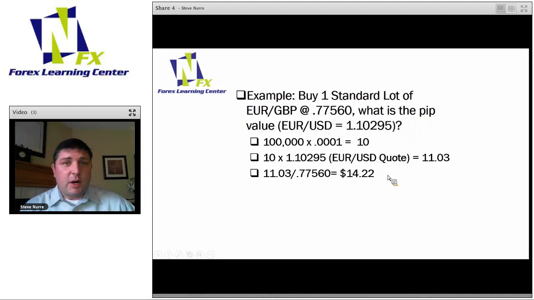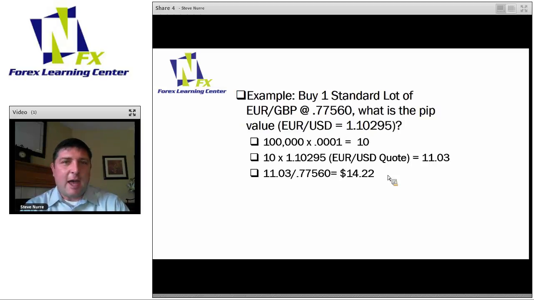There's a lot of people that trade the euro pound pair, and people that don't know how pip value works. Euro pound can often be a highly active pair to trade. There's a lot of people that will assume that they are making or losing $10 per pip when they're trading the spot Forex market. And it's very important to know these pip values in the Forex market, because brokers have